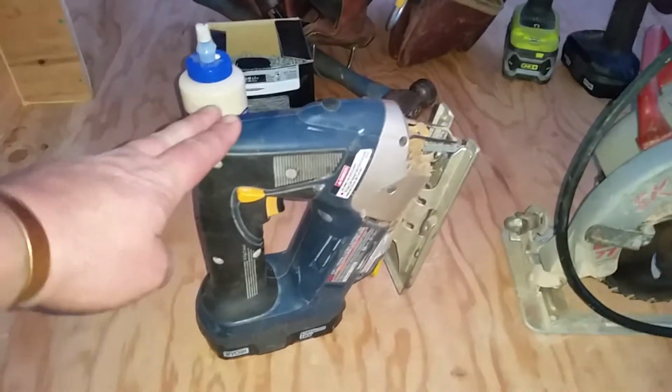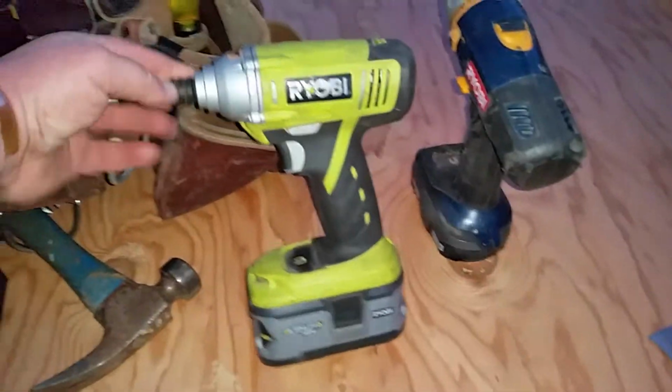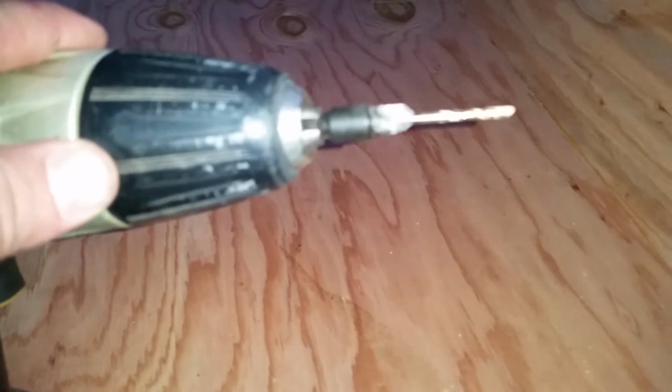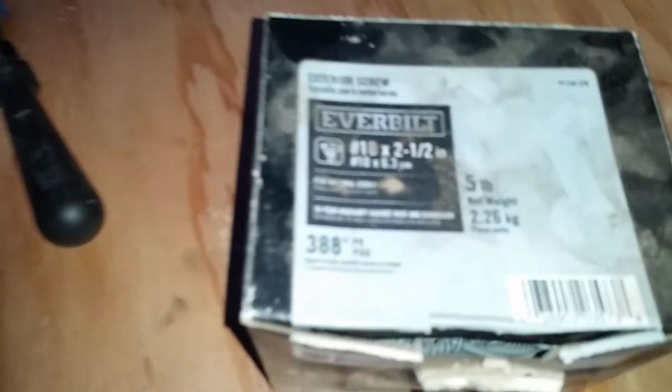So I used the jigsaw, my impact driver for running the screws, and a drill motor with the countersunk deal. I'm using number 10 screws,